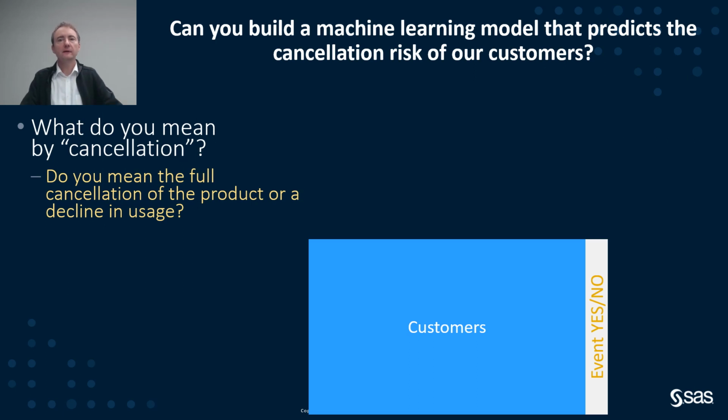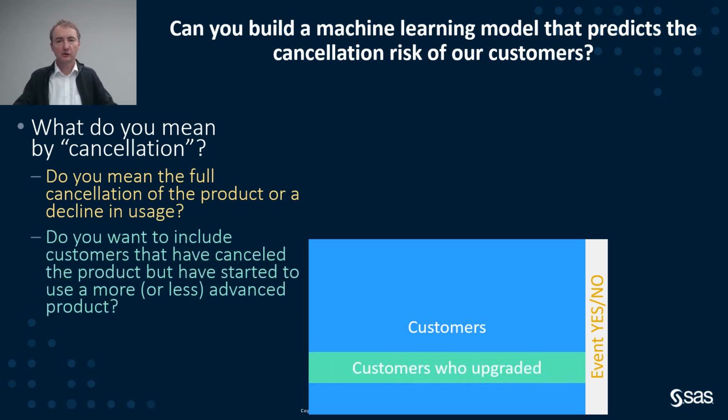So what is the definition of our target variable, of our label, which we would like to predict in our machine learning models? But also the set of customers we are using. Maybe in our customer base, we have customers who have canceled their contract in order to use a more advanced product of our company. So they have canceled, but they are not bad customers like the leavers. They have canceled a certain product to use a more advanced product. How do we want to treat them? Should we use them in the analysis, or should we not use them in the analysis?